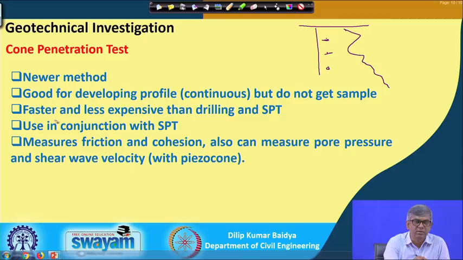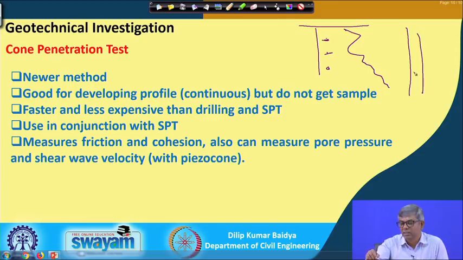and it is very fast and less expensive than drilling for an SPT. SPT's main part is that first of all you have to make a borehole, and then at different depths you have to conduct the test and then go beyond like that. But here there is no need to make a borehole, you have to continually push the cone. So, that is why it is faster and also economic,